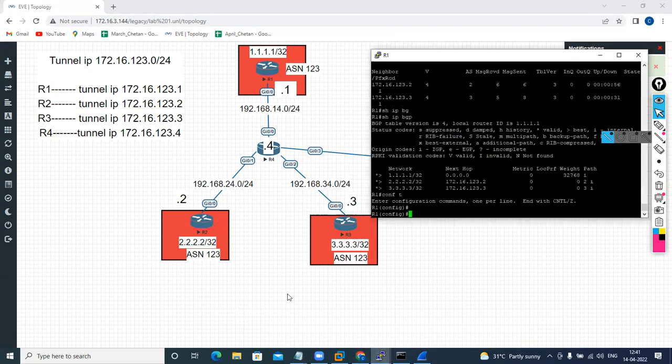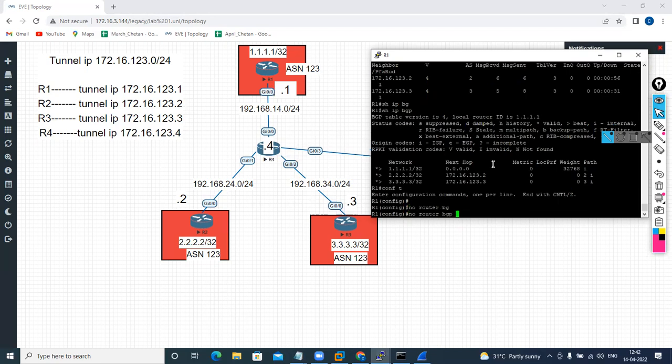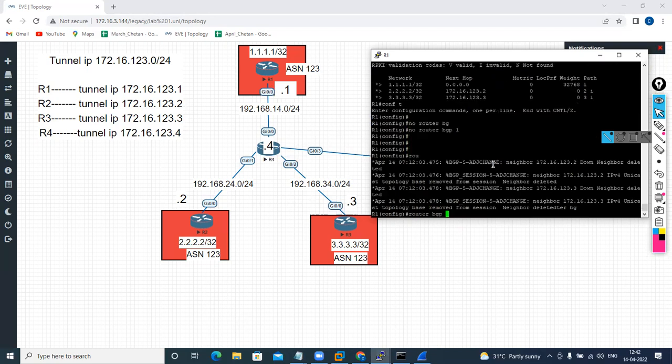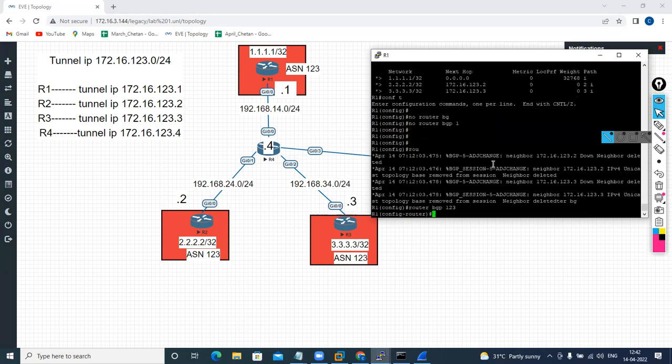So go to R1. So can I configure two BGP ASNs on a particular router? No. Router BGP 1. Now configure router BGP 123. Enter. So neighbor